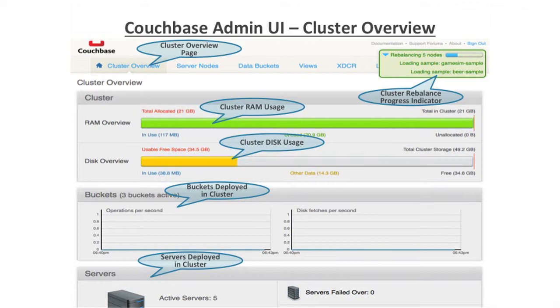In the cluster section, we see the RAM overview for the entire cluster. So we have total allocated RAM, and the in-use and free available RAM. Then we have a disk overview, which gives you the usable free space and in-use, a complete snapshot of these two stats. On the buckets,